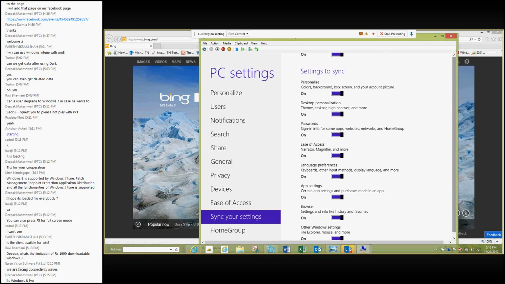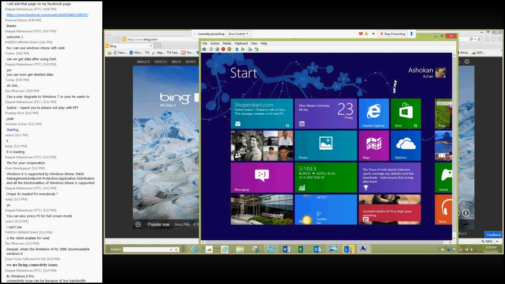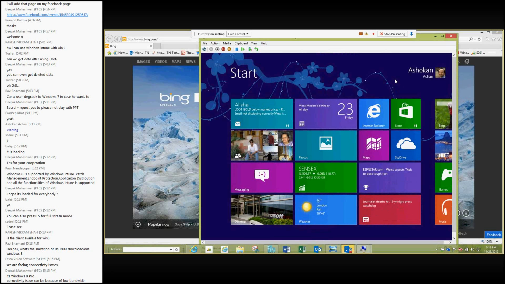Now, this was a quick demo to start with, and how we have reimagined Windows 8, right? Now let me go and show you the lock screen. Now we'll start with the lock screen. Now this is my PC